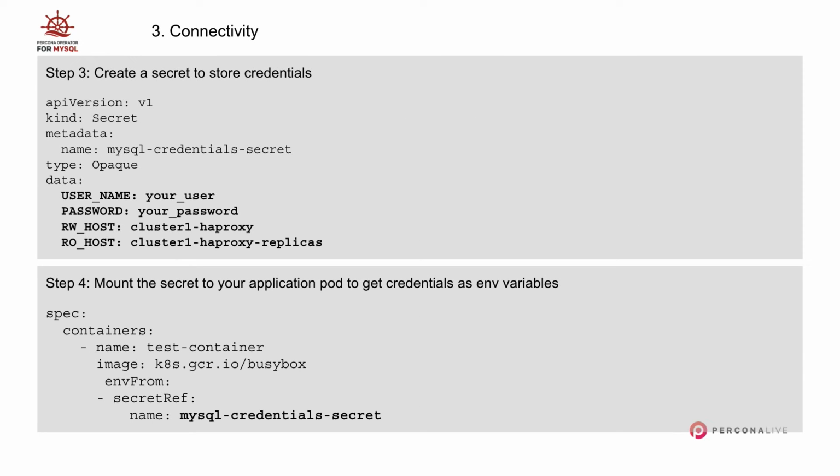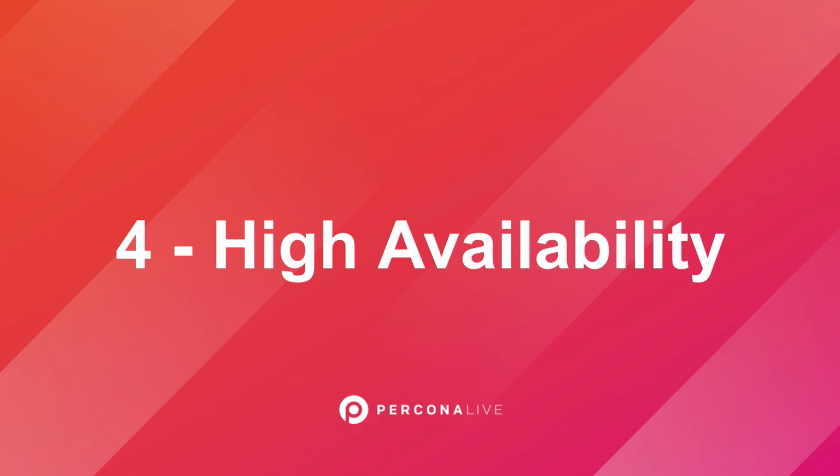Once you have that, you need to create another secret that will keep the user that you created in MySQL for your application. So you create a secret, and let's say you define a couple of keys there, like username, password, and you can also put your read-write host and read-only host in order to have everything in one place. Once you have that, you can mount the secret to your application, to the specific application container. The fields from the secret can be utilized within your container as environment variables. Okay? So this is a Kubernetes concept, but that would be the step required in order to connect to the cluster.